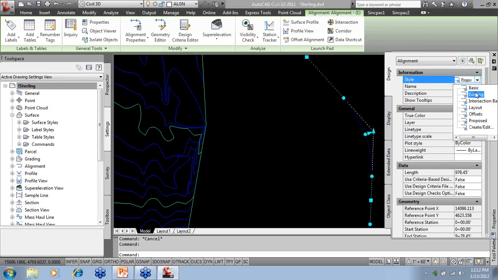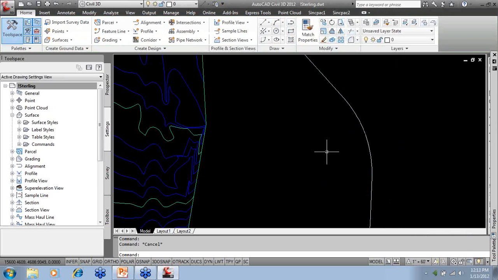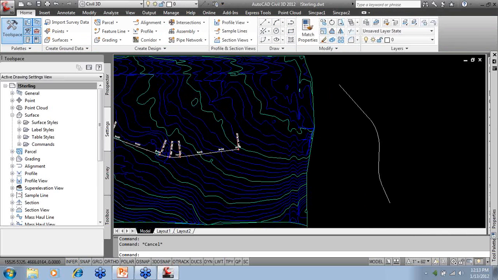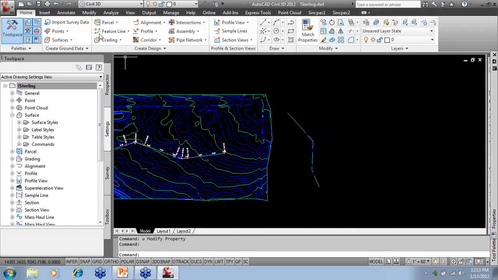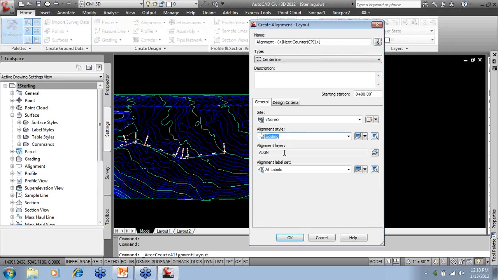At any time you can take any object and you can change it, and it would update, and I could assign existing to any of those colors. And you'll notice I don't have to have the tangents on here if we don't want. And also, if I go ahead and leave that back to the proposed one, any alignment that I define after this, let's say existing,